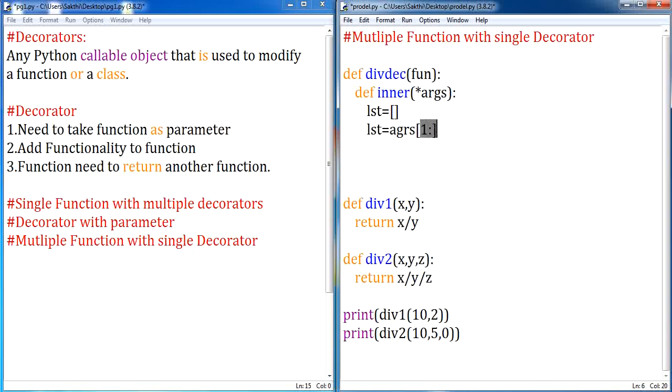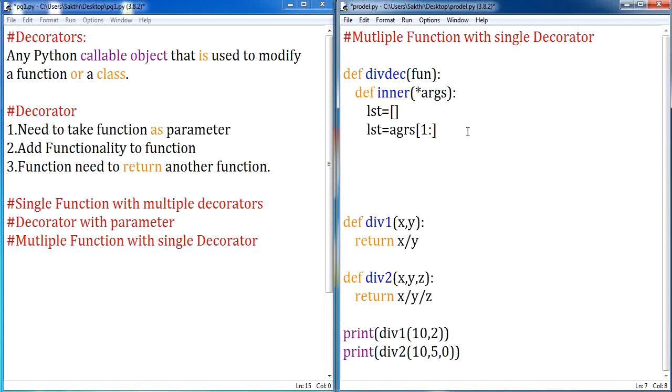Clear? Here let me repeat again. If you're going to pass 3 arguments, you're going to take from the first position, in the sense it will take from y till the end. It may be 1 or 2 or 3, it may be any number of arguments. It will start with the first index position till the end, be taken, and stored in the list. Now, what is the condition we are supposed to apply? We are supposed to check whether any one of these list elements is equal to 0. So let me apply an iterator, for i in list.